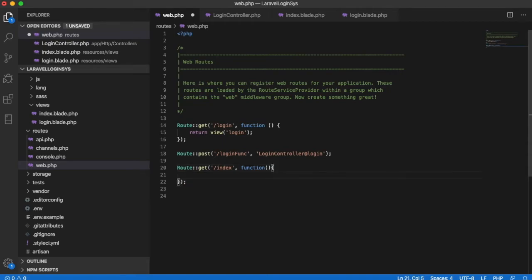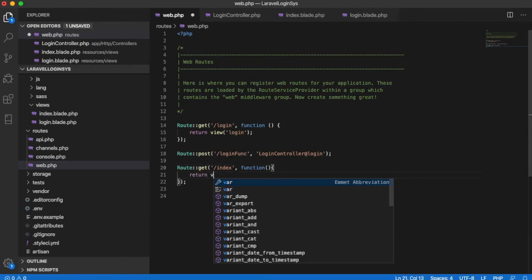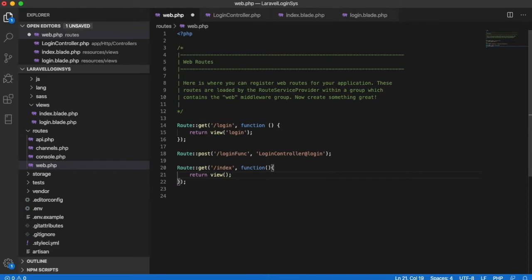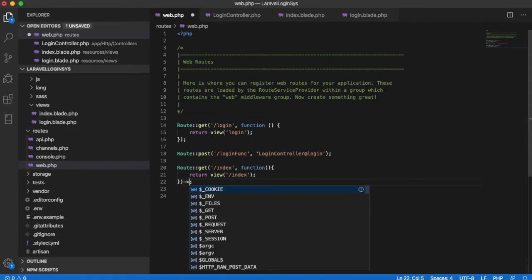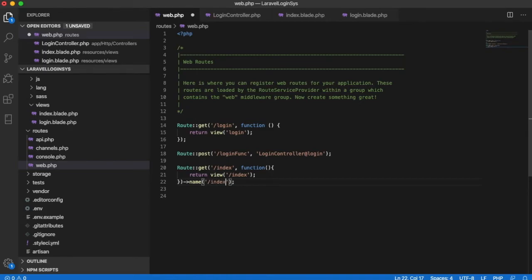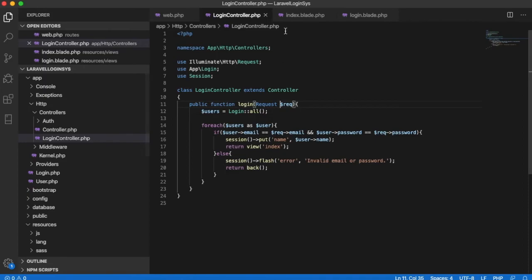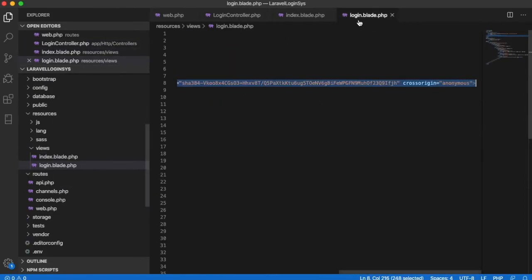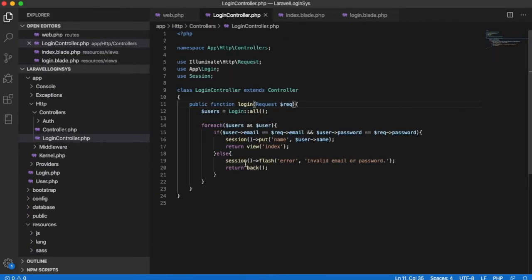Inside the function we will return the view called index, and now we will give our route a name called index. Let's save this, and after saving here we will go back to our controller, and here we will say